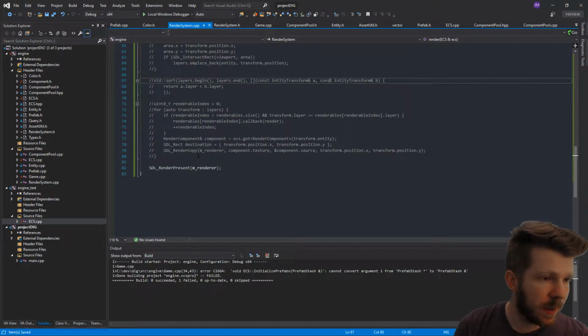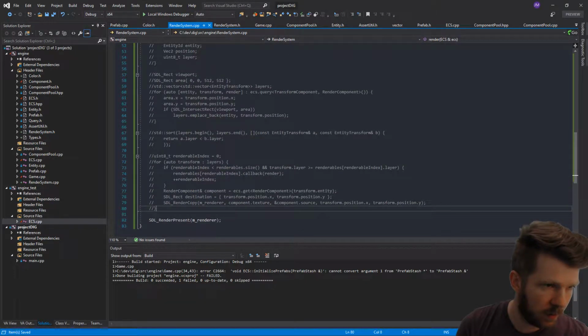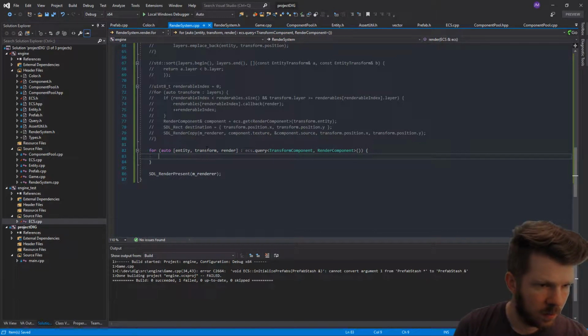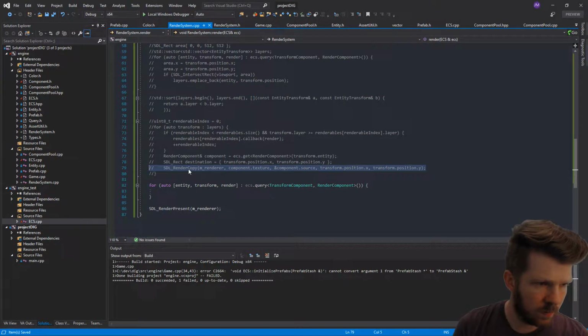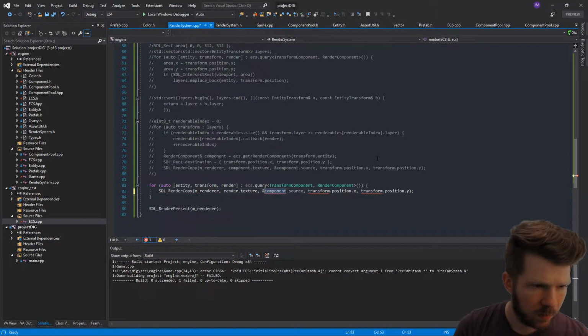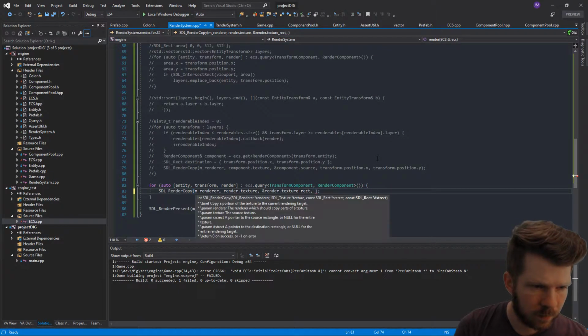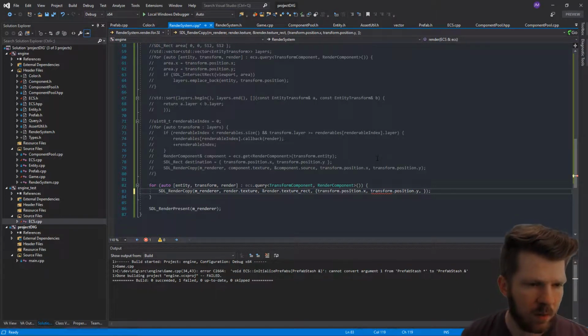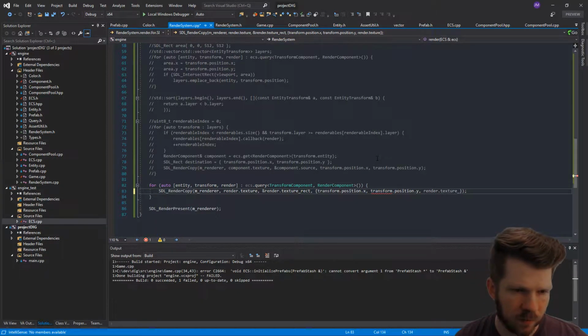And then the most basic thing that we can do for this, forget about all of this more complicated stuff. We just want to do a query. Say iterate through all of the transform render components, and we want to do pretty much this render copy. So we have our render texture, our render texture rect. Oh, this actually needs to change. That's right. That's our destination, is our source rect. Yeah, so this needs to change right here. Because this is going to be the transform, right? Transform. And then for now, we can just use the render texture rect